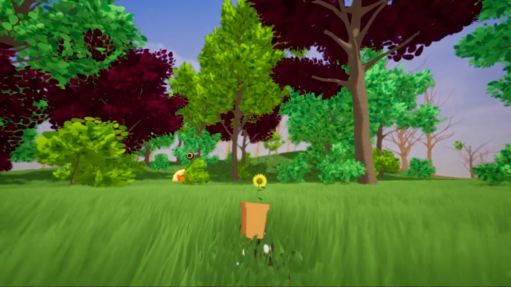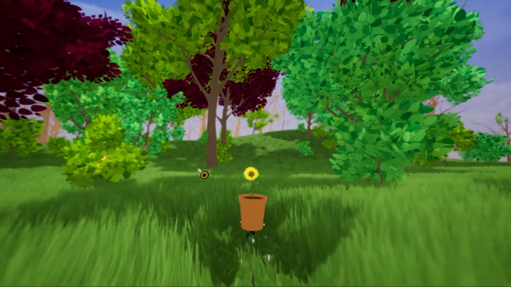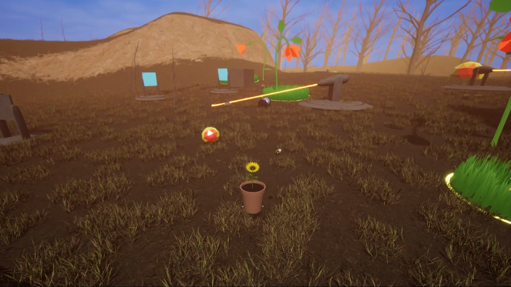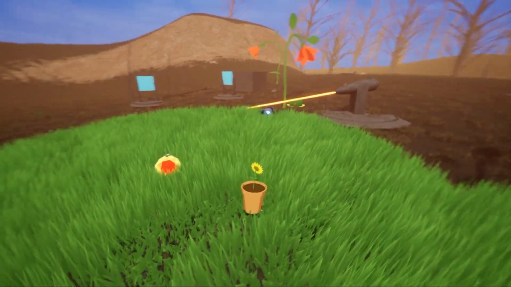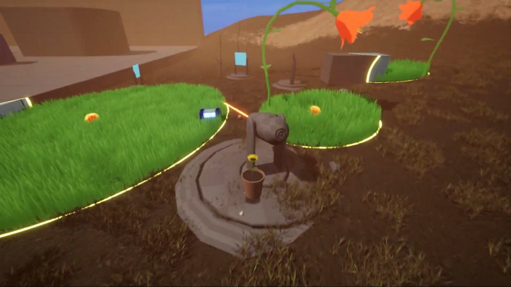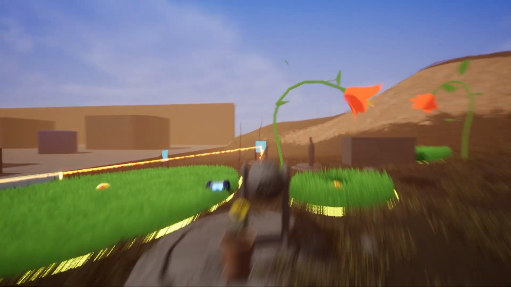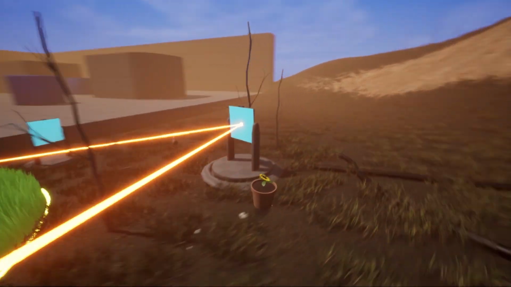In the game, you play as a potted sunflower and his bumblebee companion, using globs of nectar to grow plants and manipulate the world. The title Nectar is just a working title. We'll see if I end up keeping it, but for now I just wanted something to call it. I kind of like it, so we'll see if it sticks, or if I think of something better, I might change it.